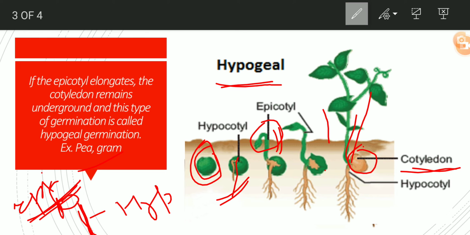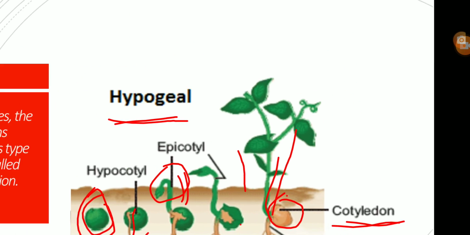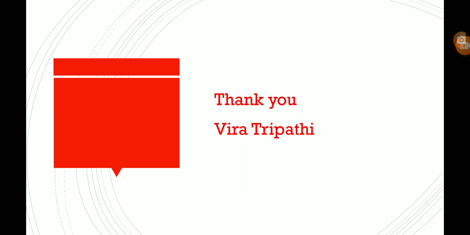Okay students, I hope this epigeal and hypogeal germination is very clear to you all. Now in the book, on page number 21, whatever I have explained is given in the form of a difference between epigeal germination and hypogeal germination. So you read that table 2.2 by yourself, students. And now in your book, on page number 21, an activity is given.